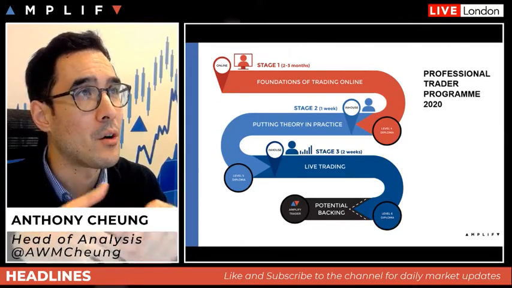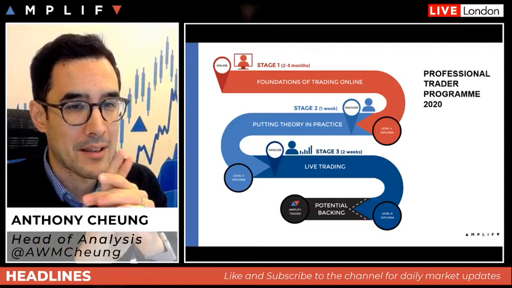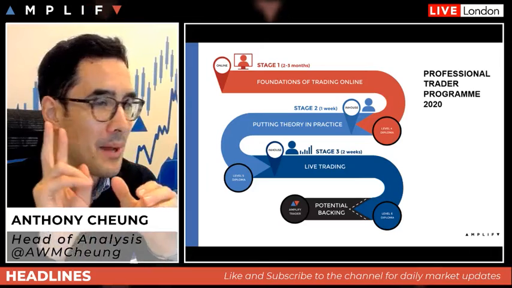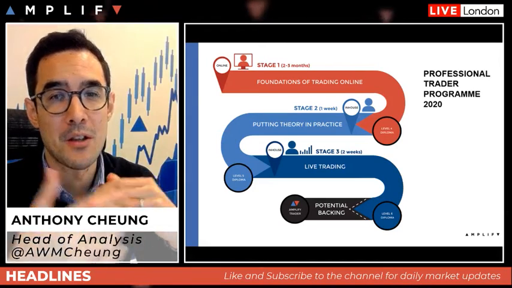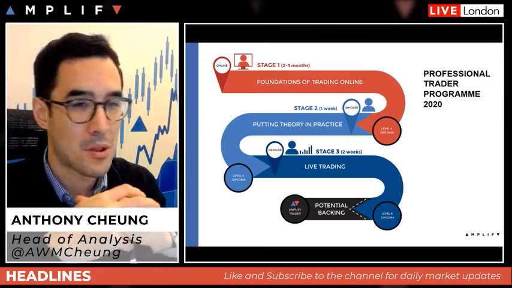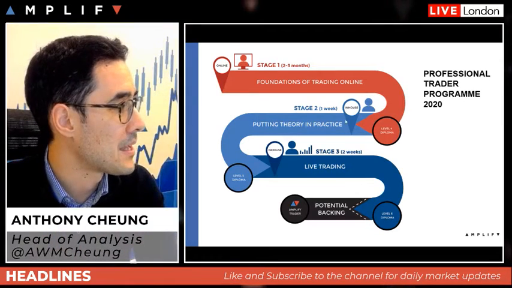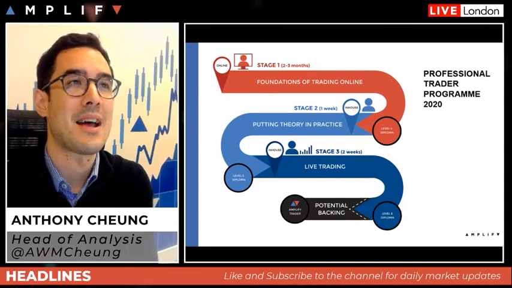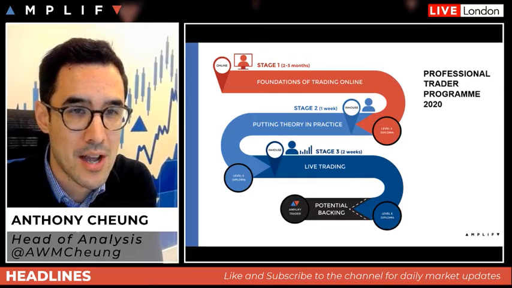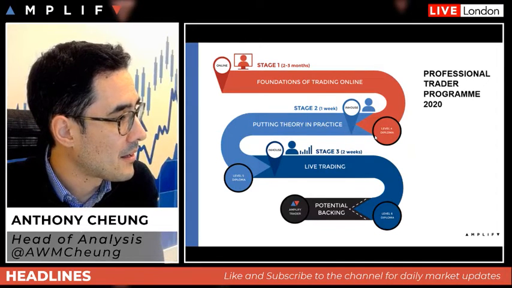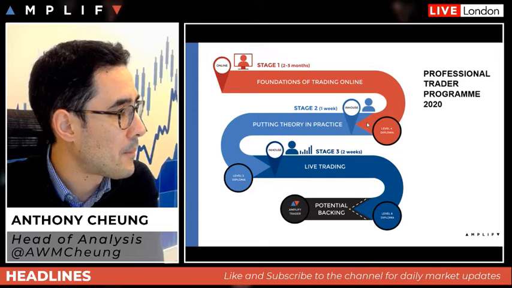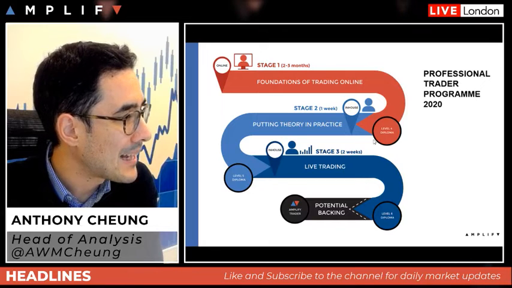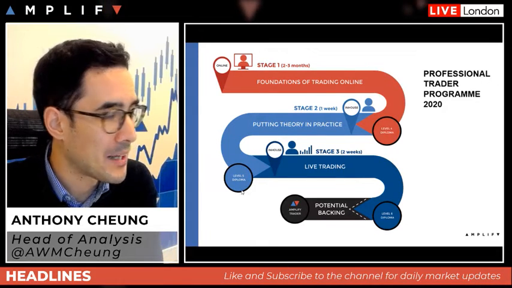At the conclusion of that online learning, there are two things. One, you'll get a level 4 diploma just for completing the online program. And two, you'll have the opportunity to continue and further your training by coming in-house to put your theory into practice in stage 2, which would be here. Stage 2 is 1 week in London, where you'd be sat with me, Sam, and the other Amplify team members, like Charlie in the chat room, and we'll help you implement what you've learned online onto the systems and into reality on a simulated account. That will earn you a level 5 diploma.